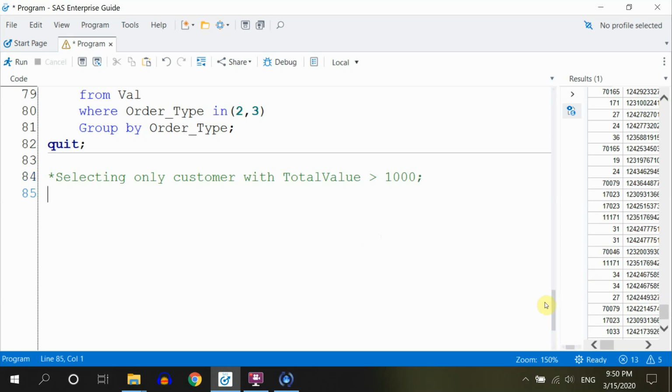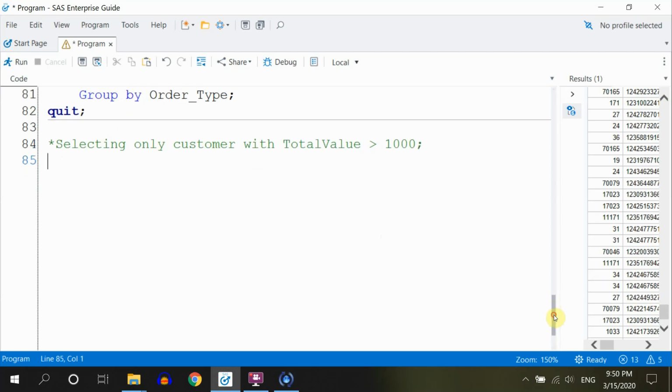And you see, this is pretty much a complex question, where in SAS you would have to do a lot of operations, right? So you would actually have to go into the data step to create the value variable, and you would have to run proc means, and then you would have to go back and subset the data set using that total value. So here we'll just go for Proc SQL,